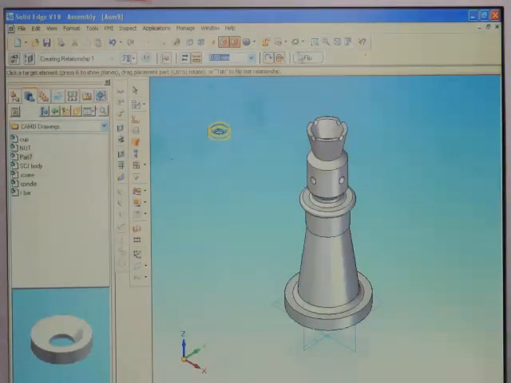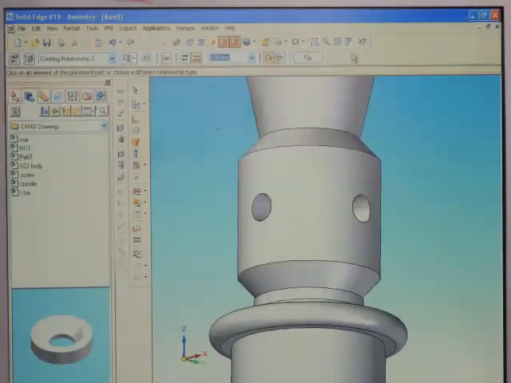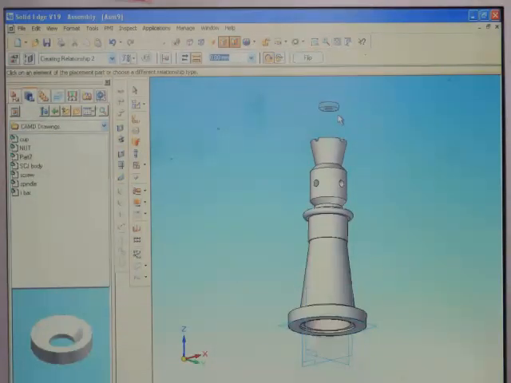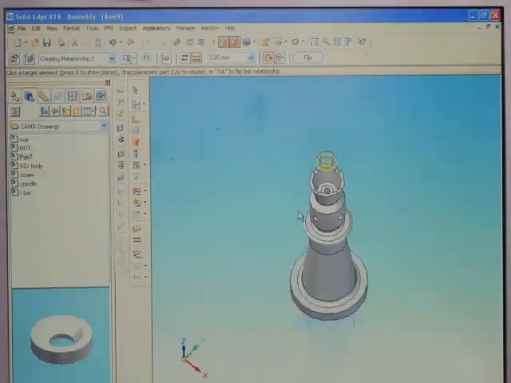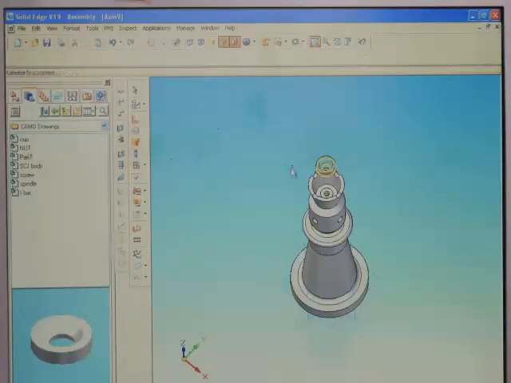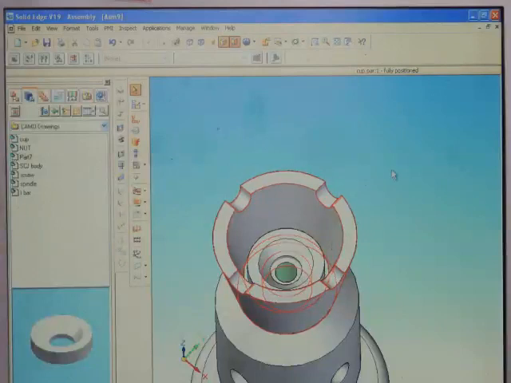Axial rotation lock with this axial. Planar with this planar.